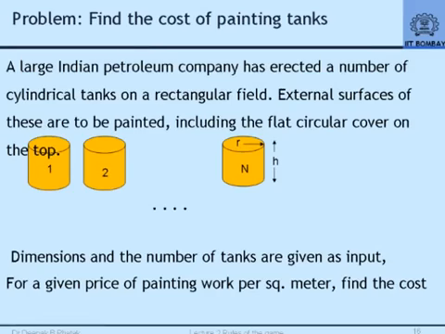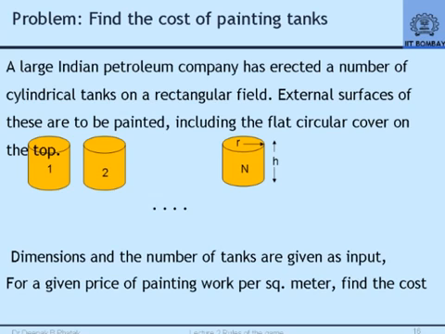Okay. So, we will now look at a computer program which will find the cost of painting tanks. It is a simple problem. There is a petroleum company, it has oil tanks. For simplicity, we have assumed that all tanks are exactly of the same dimension, and they are all cylindrical tanks. Now, every 2 or 3 years, because they are out in the open, in the rains and winds and whatever, they have to be painted. Somebody in charge of those oil tanks wants to find out how much it will cost to paint those tanks.